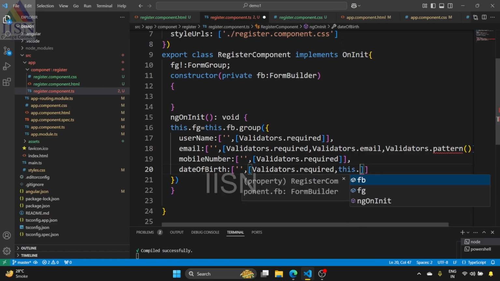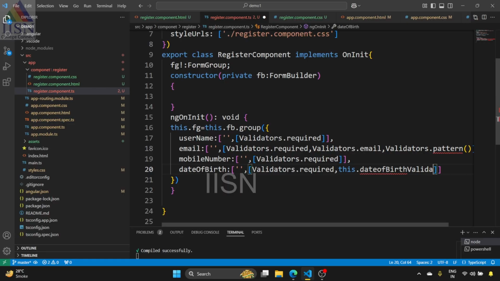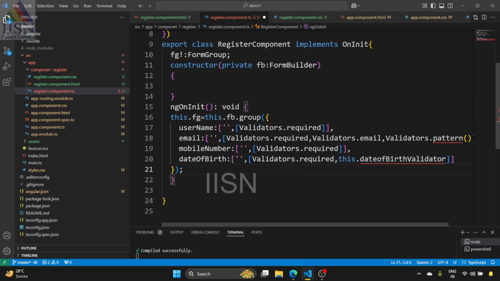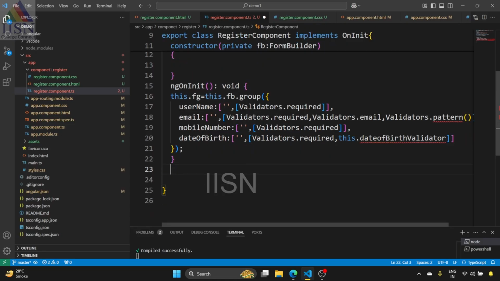I'm going to give dateOfBirthValidator, the date of birth validator. We need to create this method inside the TypeScript file itself. So inside the TypeScript file, I'm going to write the method. This is the method name, dateOfBirthValidator. We need to pass the values, so we are going to use